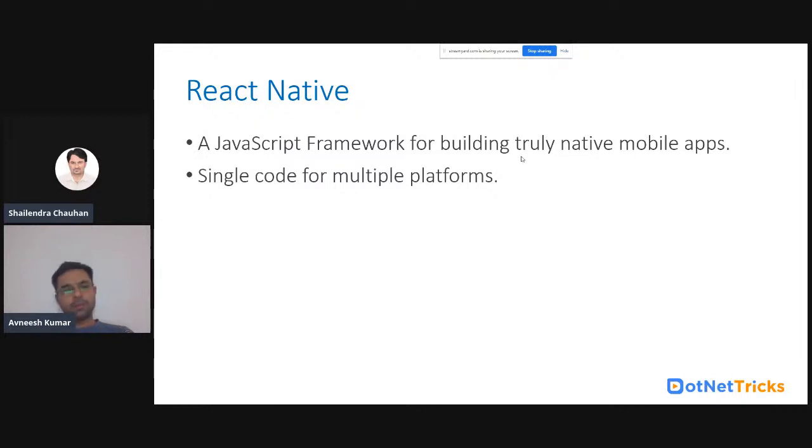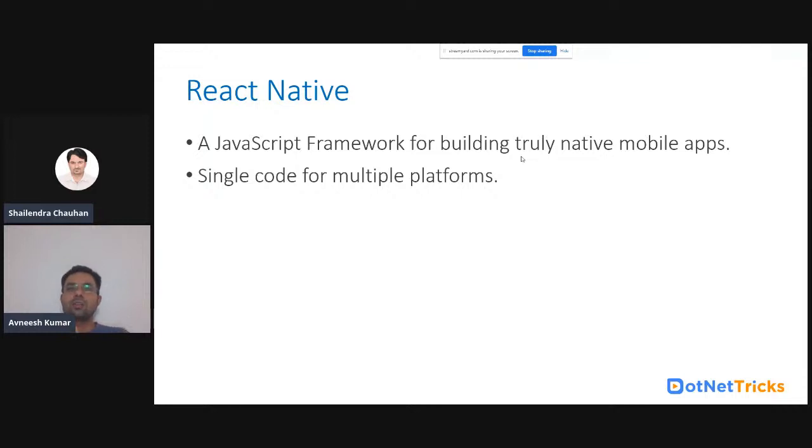Single code for multiple platforms, as I already told you, right? So you don't need to worry about OS-specific code. You build a single code base for iOS, for Android, for Windows, or even for web applications. So you can maintain a single code base.